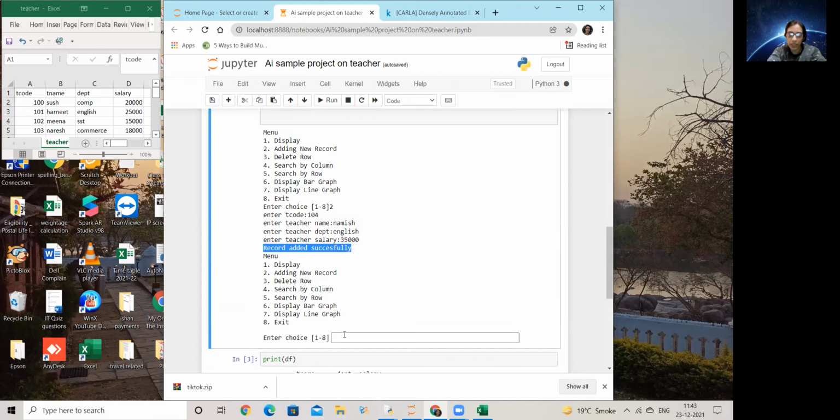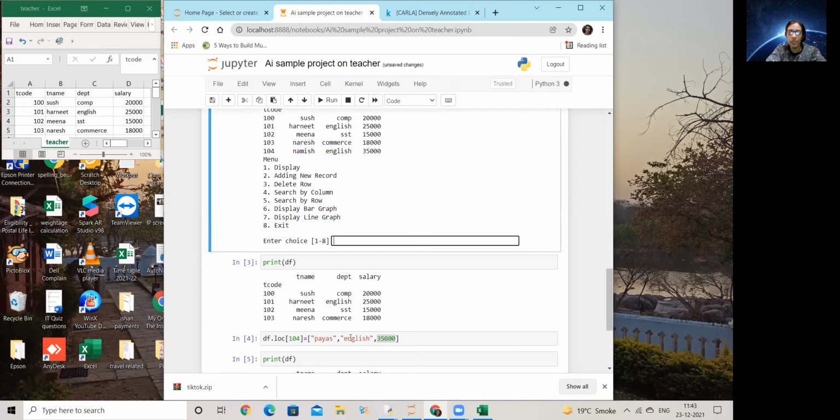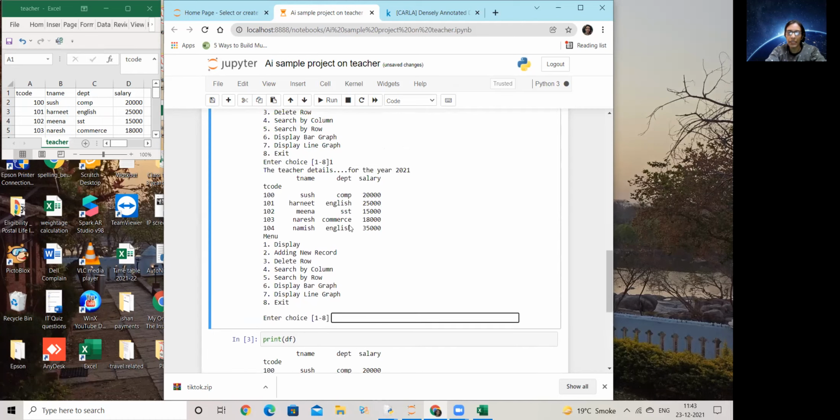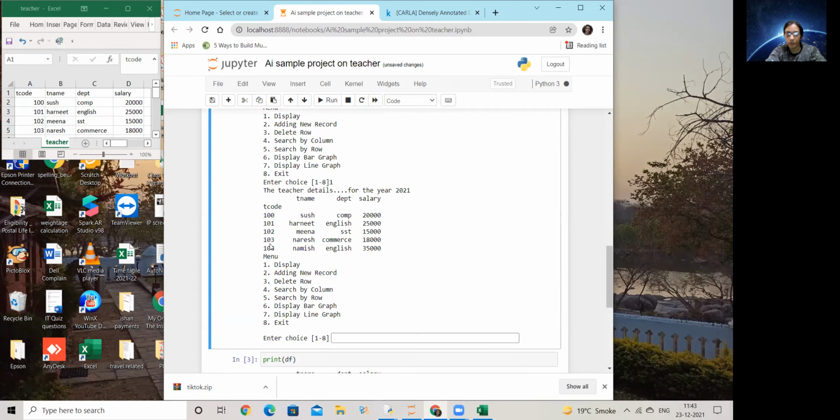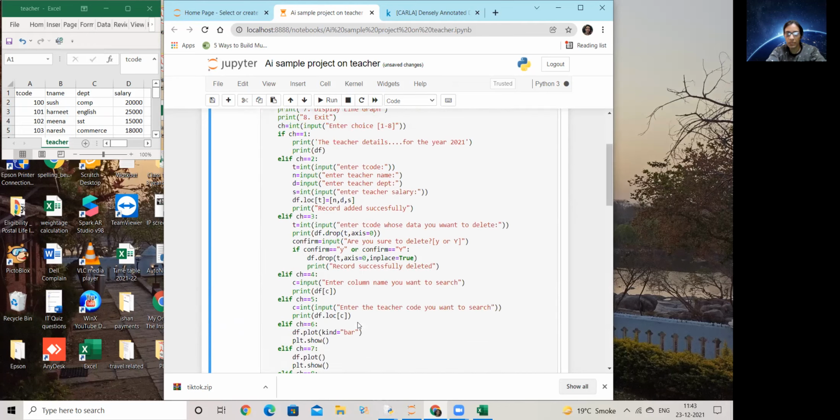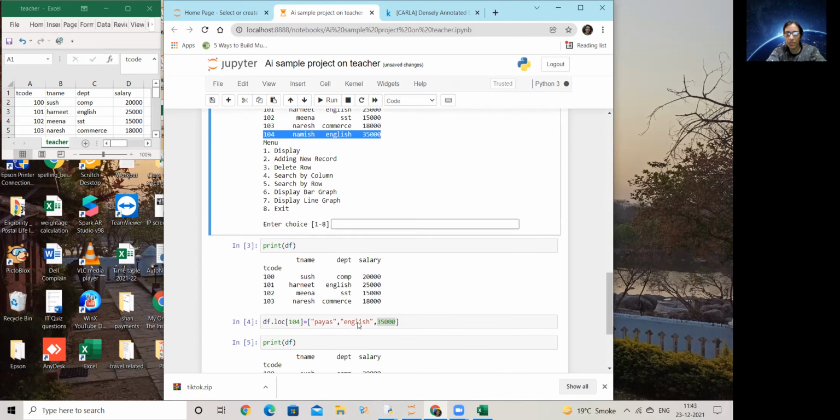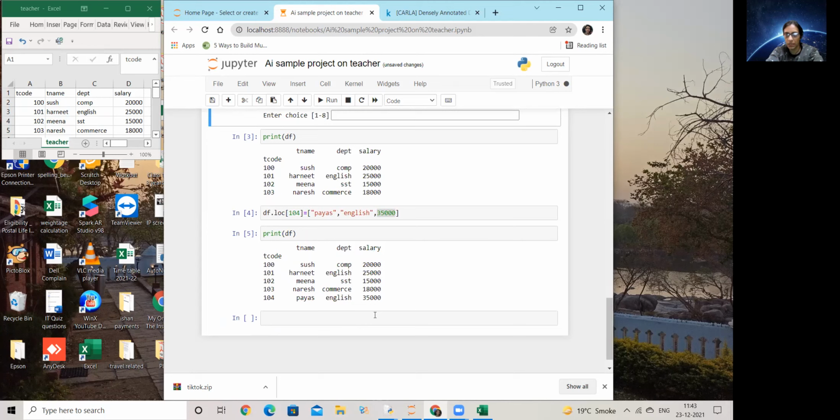Okay, now how do I check? It's part of the same program that is executing. I've not come out. Because I'm part of that ongoing execution, when I ask it to display the data, my data will be added up. I'm working in this same set itself. Okay, ignore the one below because I had shown that separately.